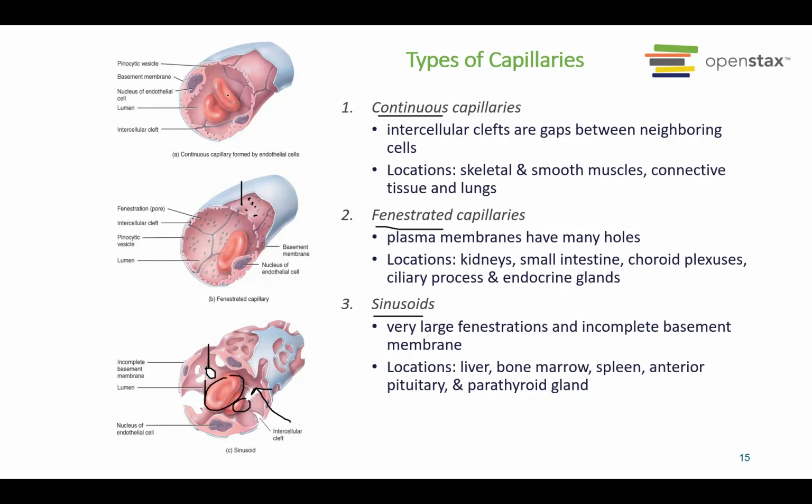Okay, so over here, the cell will not be able to move through this continuous capillary, and also bigger molecules like maybe proteins will be staying here. In this side over here, of course, the cell is really big. It will not move out, but smaller or a little bit bigger molecules, maybe amino acids, may be able to go through this hole. Okay, so these are the differences between continuous, fenestrated, and sinusoid types of capillaries.